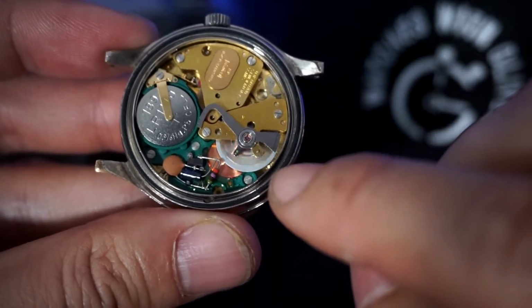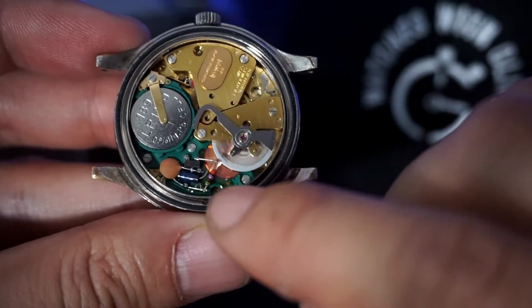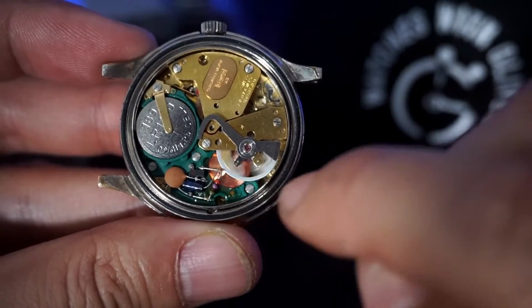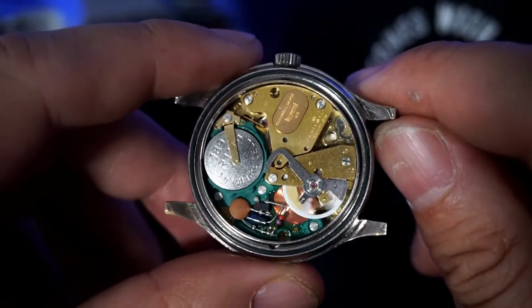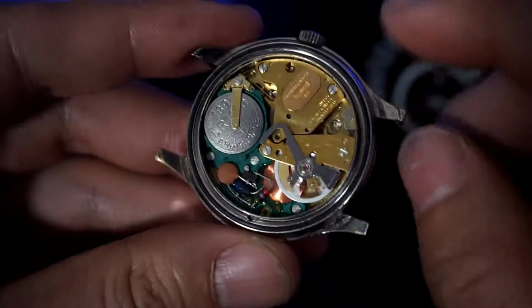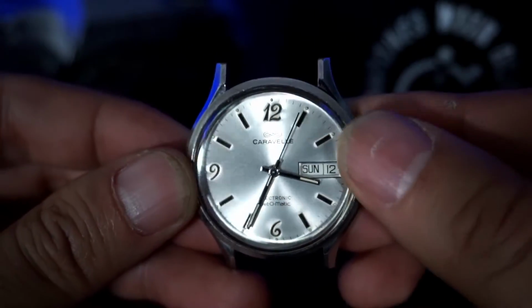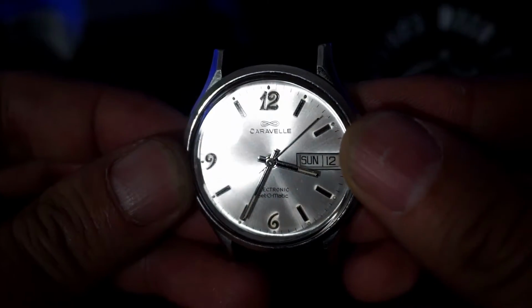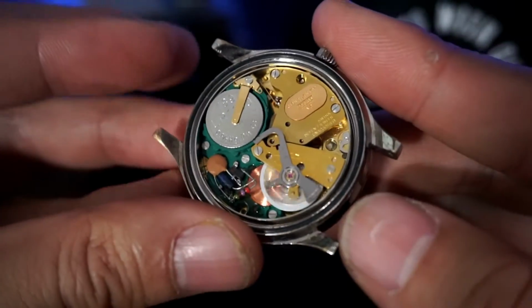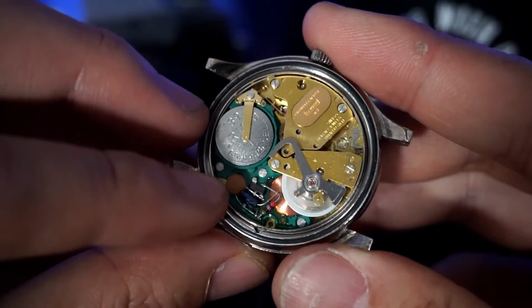So the magnets on the balance spring react to the electricity that's produced to the coil, which causes it to rotate. So this particular movement beats at 28,000 BPH. However, when you look at the second hand, you wonder, well, why is it moving in a not really smooth fashion? So while it beats at 28,000 BPH, technically the watch runs at